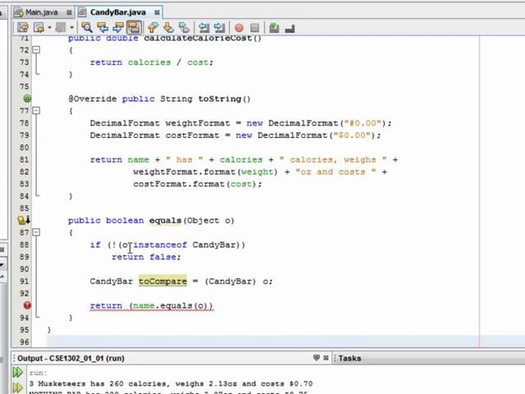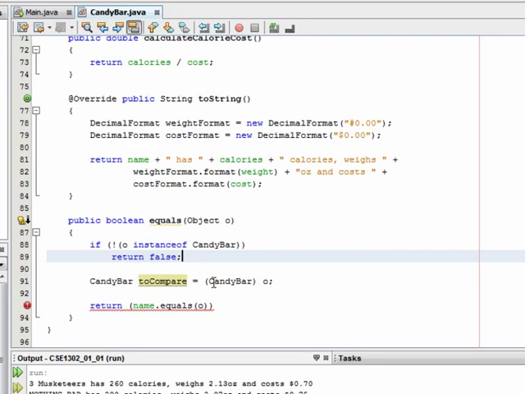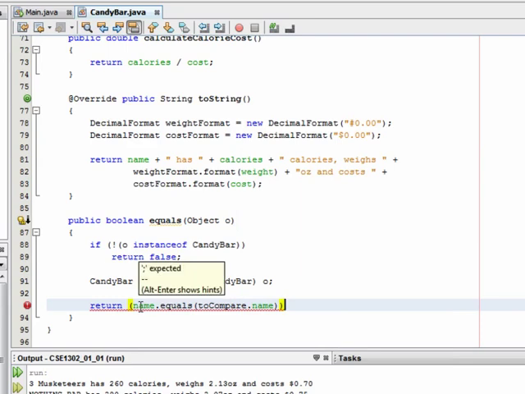So we know that o must be a candy bar, otherwise this would have gotten us out of this function. So at this point we know that o can be typecast into a candy bar, and if you recall, this is the way that we do a typecast. We force one type into another, so we're forcing the object o into a candy bar called toCompare. So now I can say something like toCompare.name. So is the name of this candy bar equal to the name of this one that I'm comparing? If that's the case,